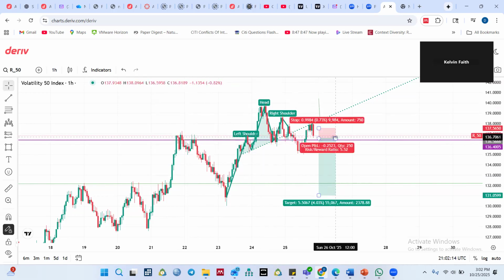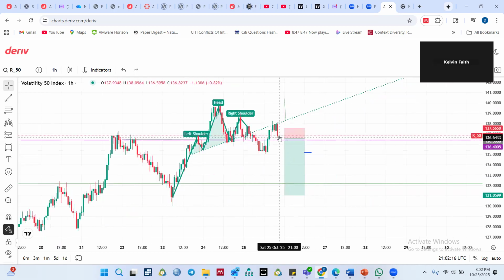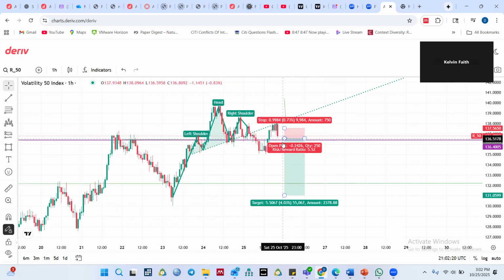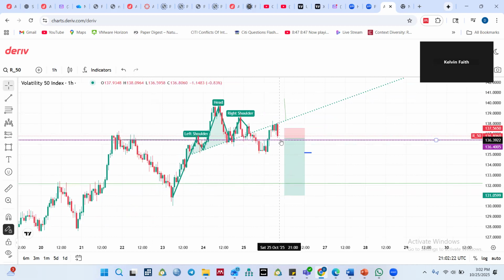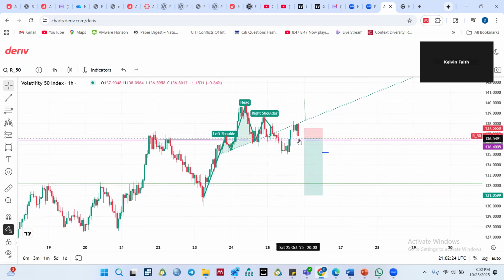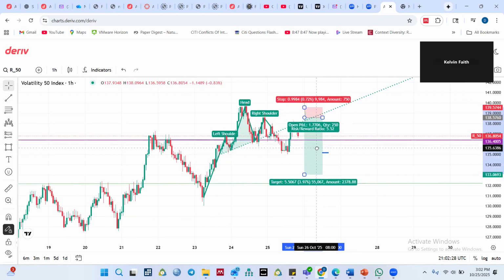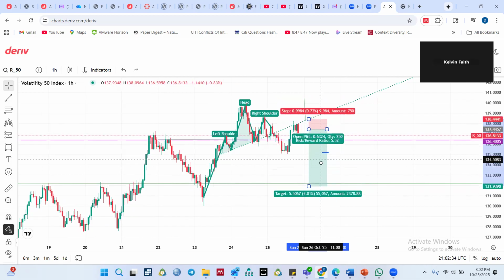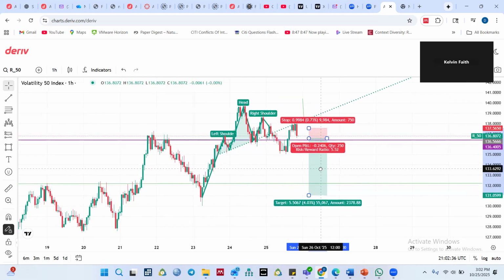So if price drops down and closes below the precision support resistance, the neckline,